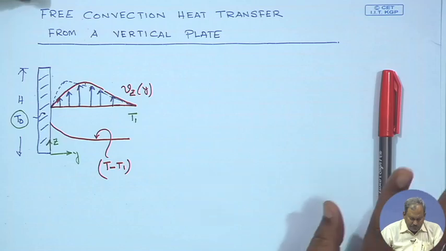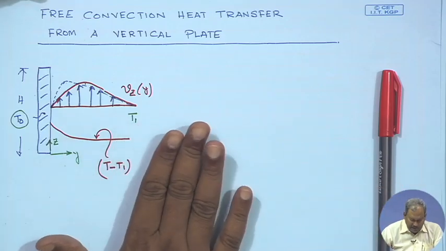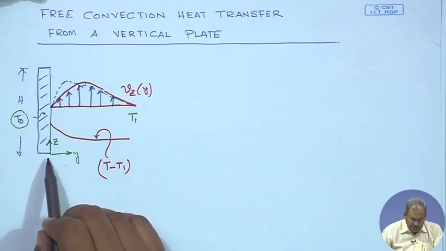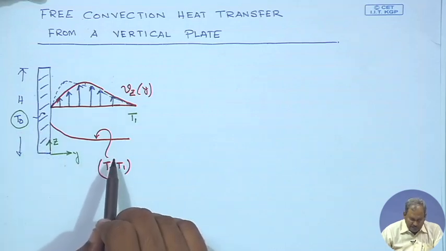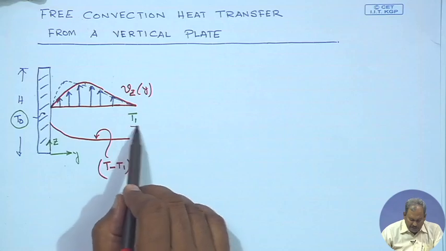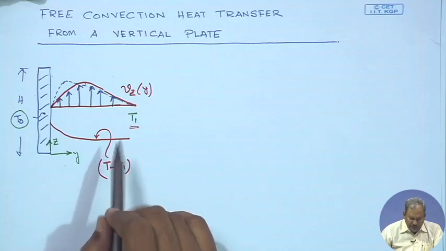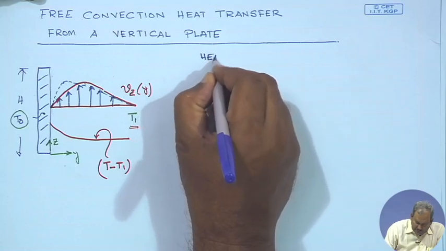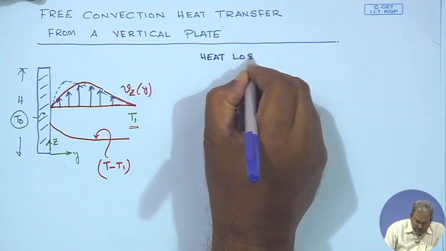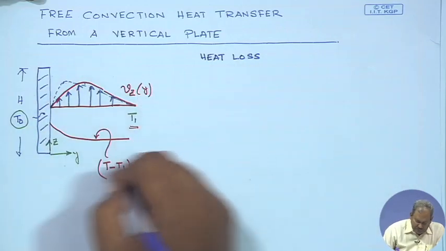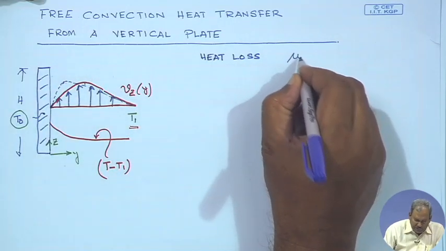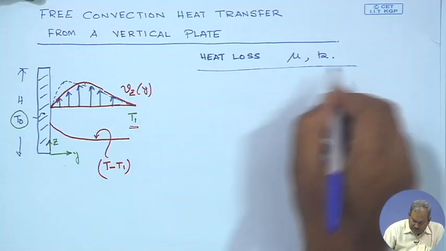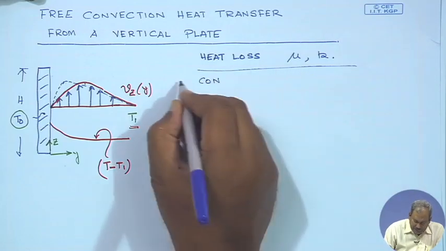Now the problem statement therefore is that a flat plate heated to a temperature T0 is suspended in a large motionless body of fluid which is at a temperature T1, and we need to find out the heat loss. What would be the heat loss from such a system, in terms of the velocity, in terms of the physical properties, for example mu and k and so on. So, in this case, this is a case of free convection,